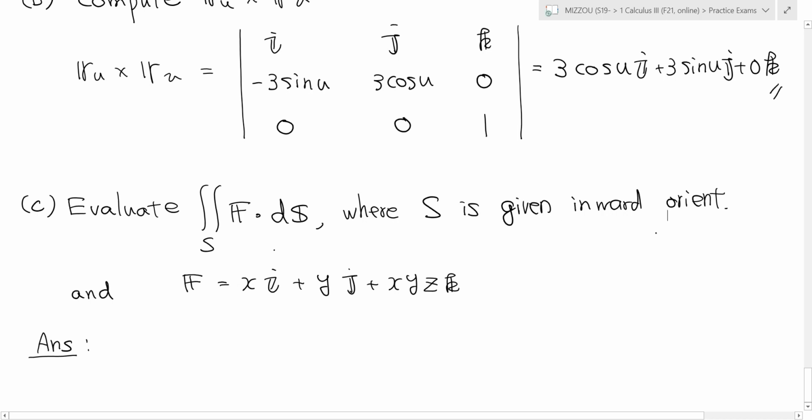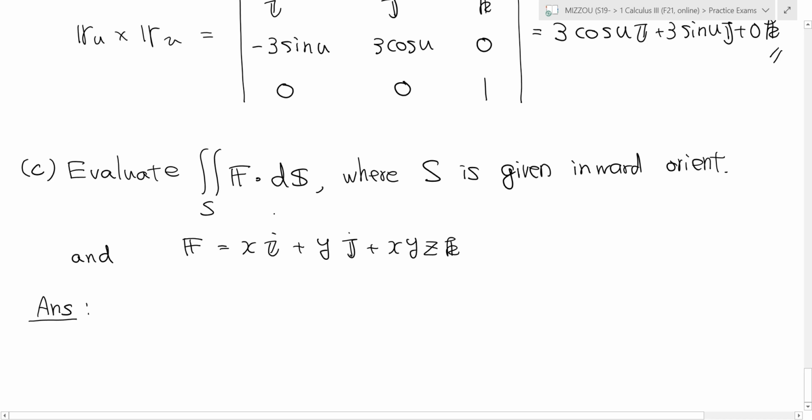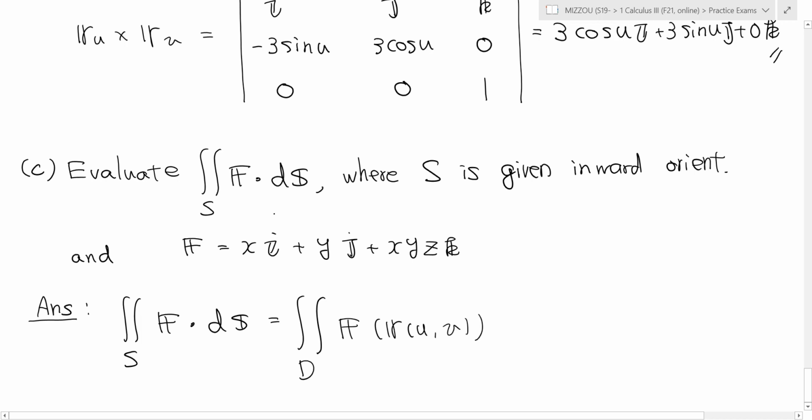Now, let's remember the formula says the integral of F over S is the double integral over whatever the region D is on the UV plane. You plug in the parameterization into the vector field, dot, du dv,